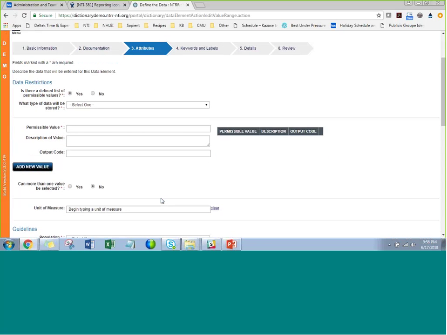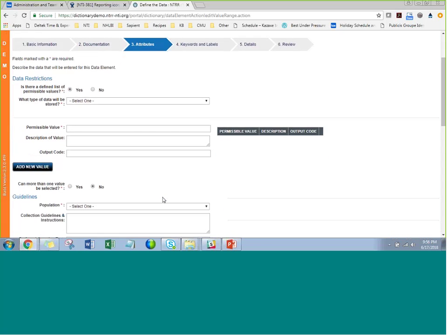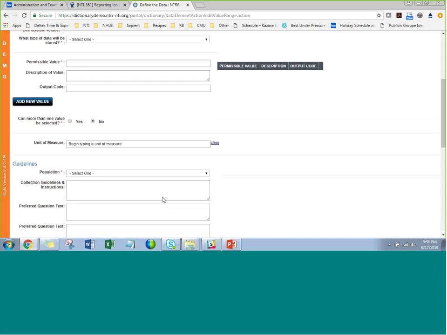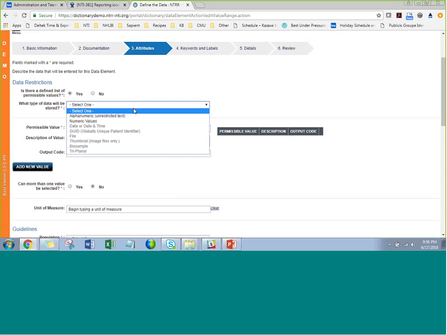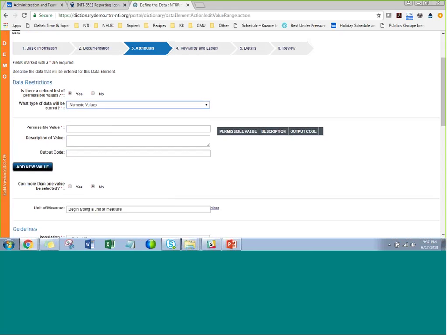Attributes. This is where you're going to add in what the options are for the data element. What is the question that's being asked? So this first one is, is there a defined list of permissible values? I'm going to say yes. I'm going to say that there are numeric values, and I want to build a list of what those permissible